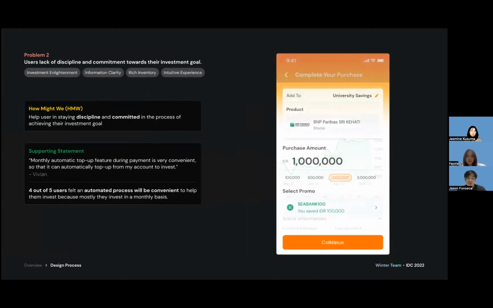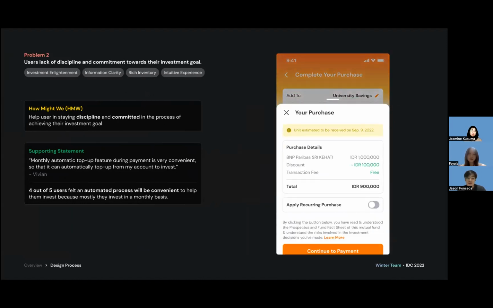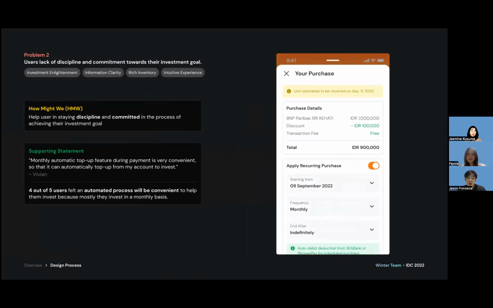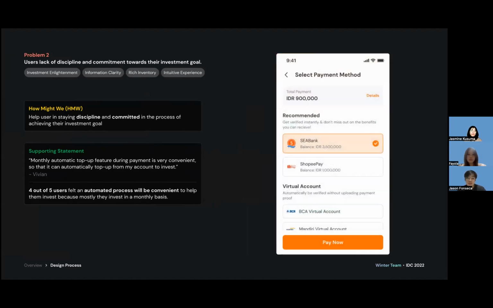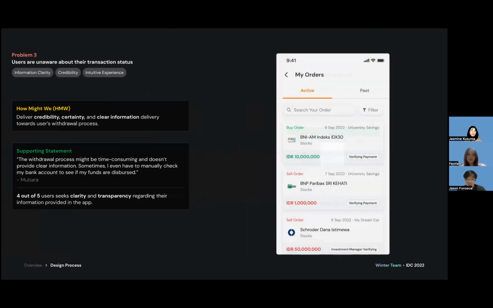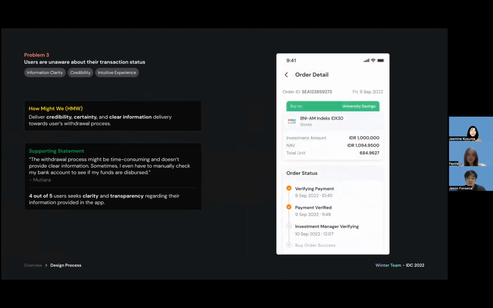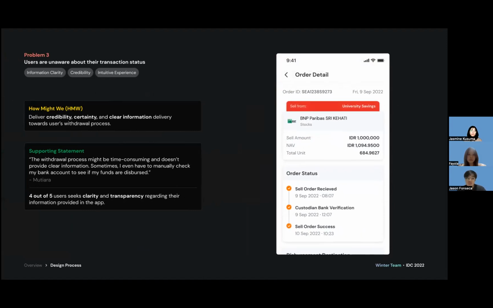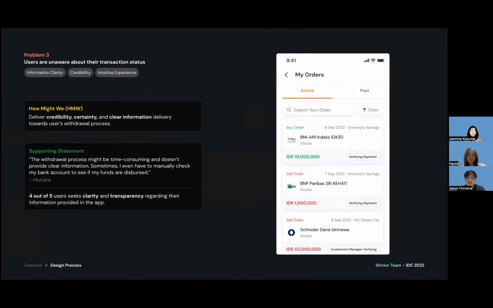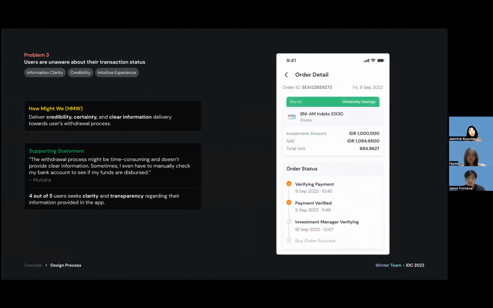Next, most users lack investment discipline and commitment in the process, making it difficult to reach their goal. A proposed solution here is providing recurring auto-debit investment top-up to offer ease and help users stay in goal. Third problem is users are unaware of their transaction status due to unclear information. Our proposed solution is providing real-time status and notify users of its progress due to information transparency and assurance that